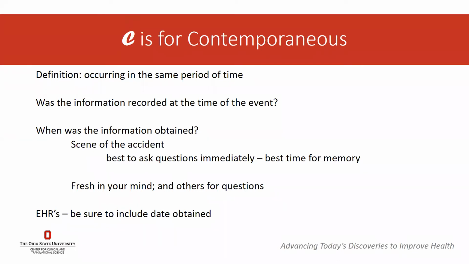Again, it's going to be fresh in your mind if you do it right away, and so you want to make sure that it's there. A lot like doing citations when doing research papers. In today's world, we use a lot of things downloaded from the internet. You Google everything. So when you're taking that in your citation, you are also supposed to include the date that you downloaded it. So that this goes in contemporaneous with your citations, as when did you get it.